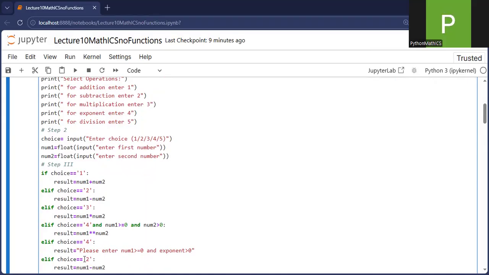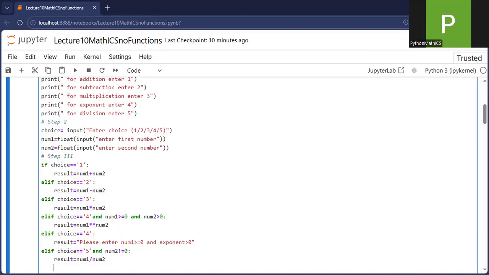Then again, we go for option number 5. In case of 5, we also have an additional condition that the second number cannot be 0. So we write the AND num2 should not be equal to 0. In that case, the result is num1 divided by num2. Then else